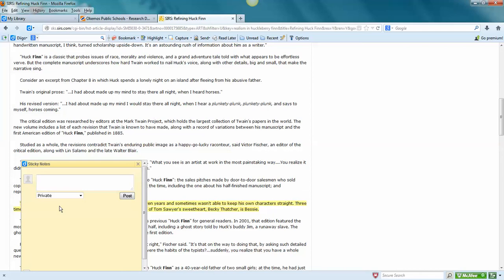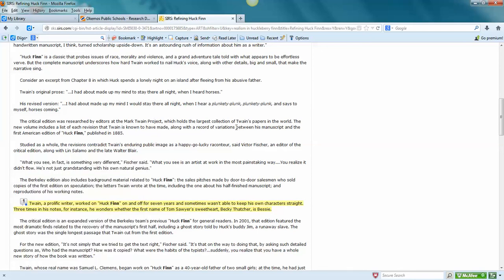Why did you think this was useful? It can be a sentence or two. It does not have to be complete sentences. It needs to make sense to you, and for me as a teacher, I need to be able to look at it and see that you are in fact thinking about why this is significant to you and why you might want to use it in your research paper. So you write your annotation on the sticky note. It's okay to go ahead and keep it private for now so that you can gather all of your notes before then sharing them with the class group. So once you have your annotation there, click Post,